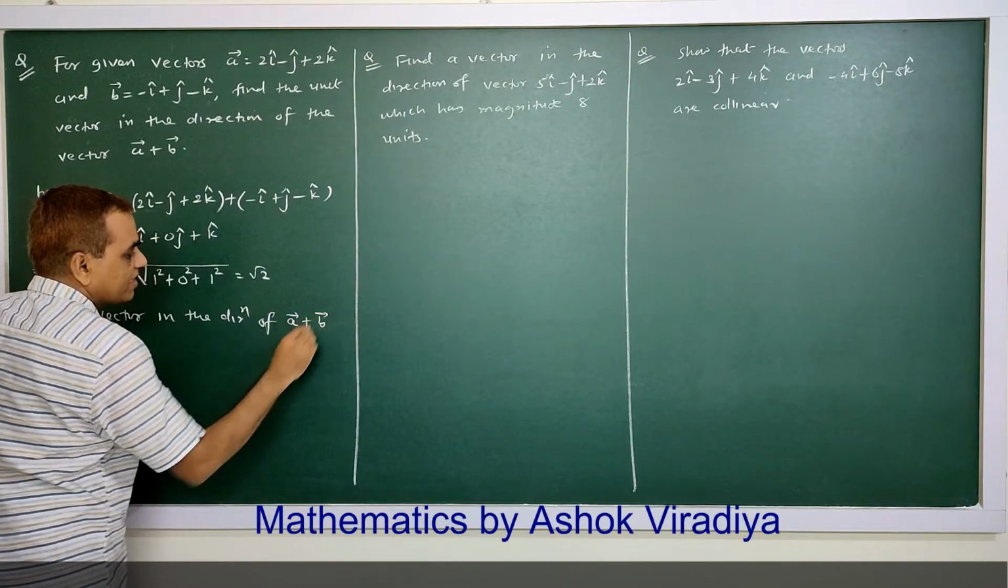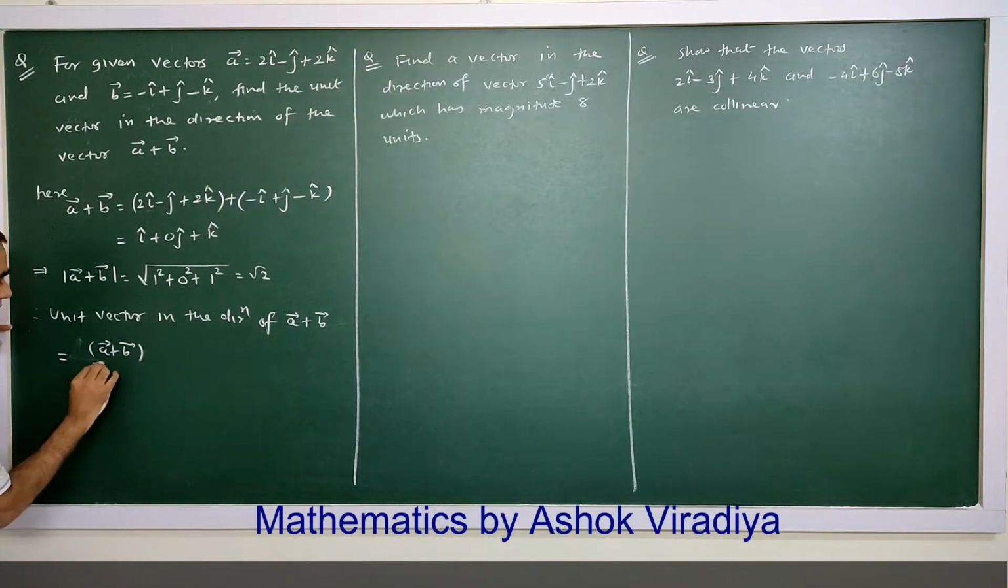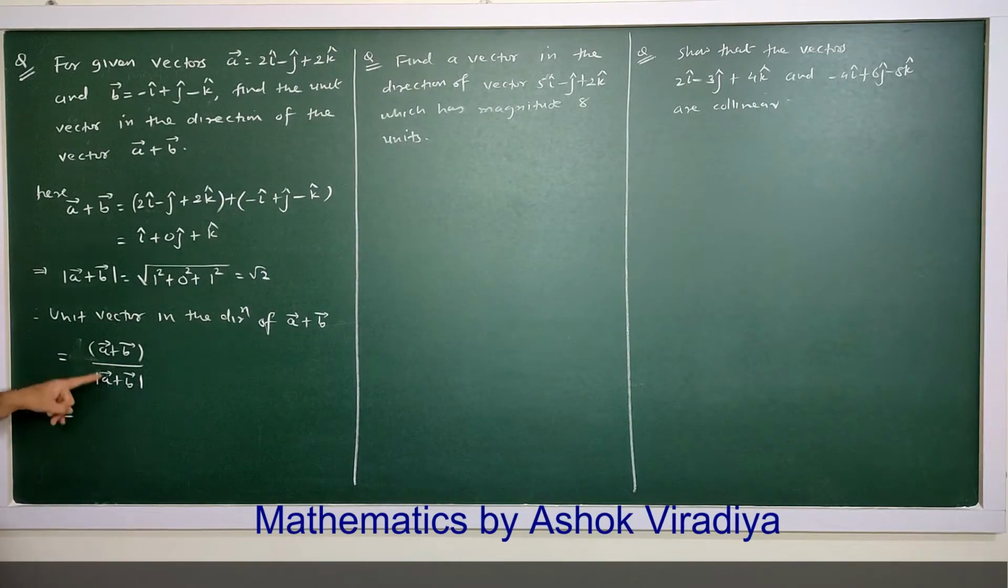vector A plus vector B is equal to, the formula is multiply vector A plus vector B by 1 upon magnitude of vector A plus vector B. In short, this is also written as vector A plus vector B upon magnitude of A plus B. So this is now 1 upon magnitude, that is 1 by root 2,